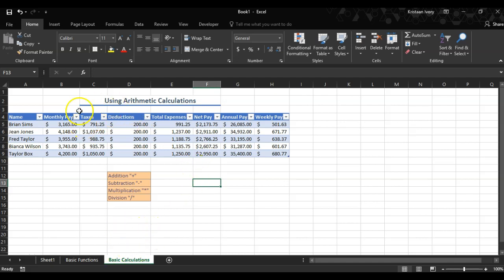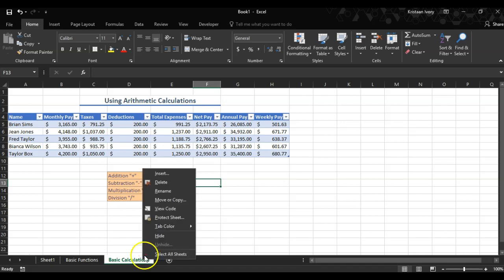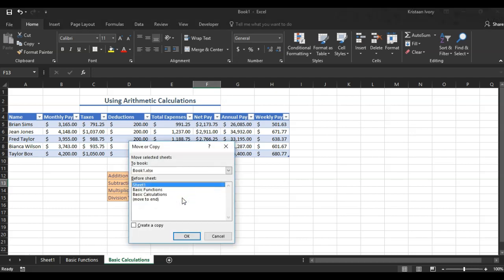So first things, we need to get started by duplicating our worksheet. So we're going to go down to the bottom tab. The sheet name is Basic Calculations tab. We're going to right click on it, and then we're going to go to Move or Copy. And next we're just going to create a copy, and we can just move it to the end, and then